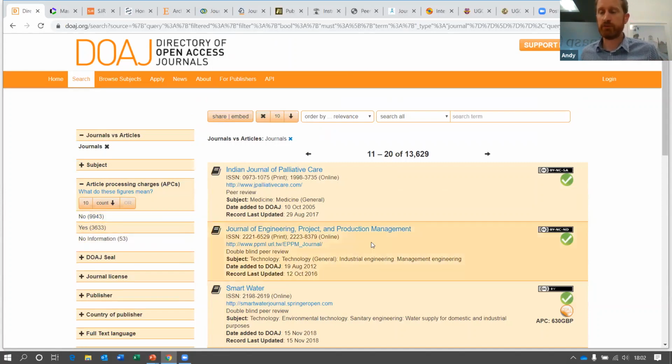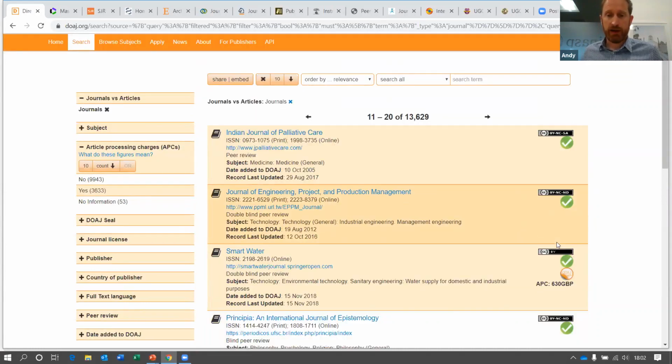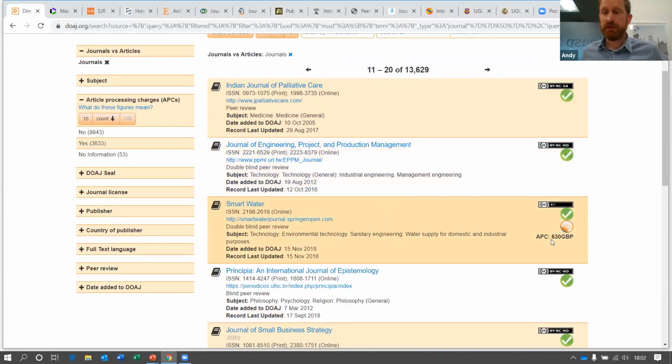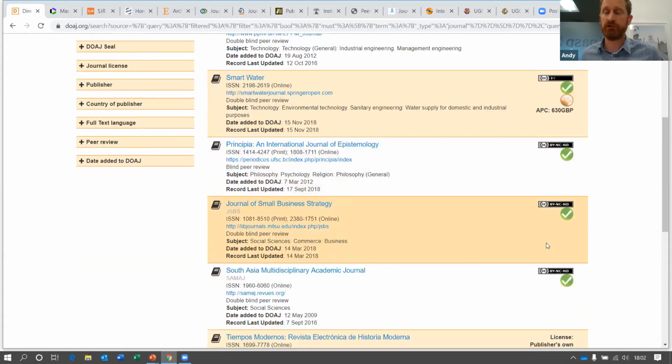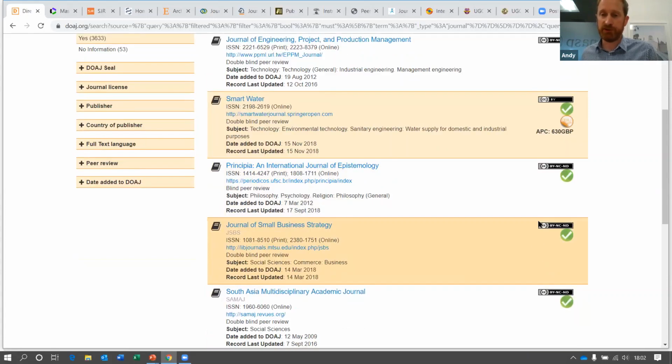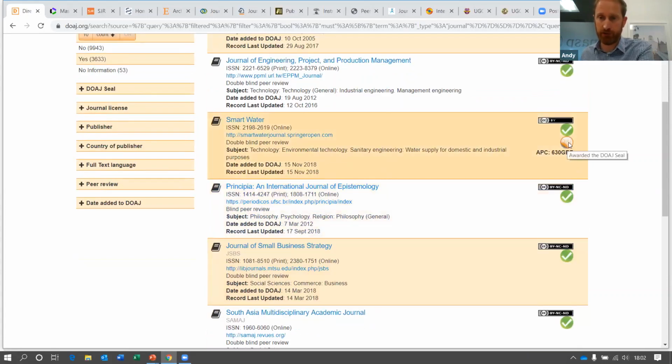This is a really good website to look for journals and to look for open access research. And these are all credible journals which have passed a certain rigorous criteria to check that they've got good digital publishing practices. So this is the place to look if you want to find an open access journal which you can be reasonably confident isn't a predatory publisher, and particularly look out for those with the gold seal, the DOAJ seal, which have got particularly good digital publishing practices.